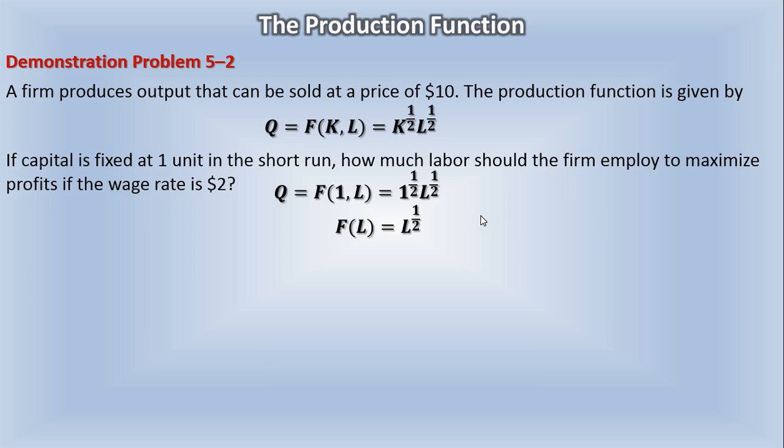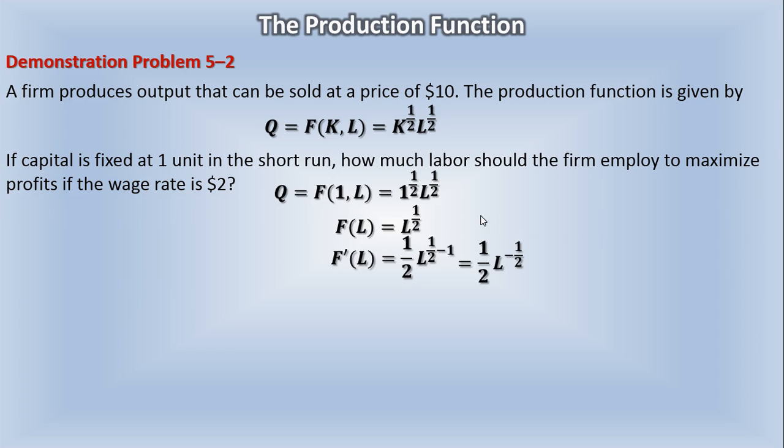Multiply by price first, then set it equal to the wage, because we want to get the value of the marginal product of labor. Very good. All right, so taking the derivative of this with respect to labor, multiply the whole thing by 1/2, subtract 1 from the exponent. So that gets us to the marginal product of labor expression to be 1/2 times L raised to the power